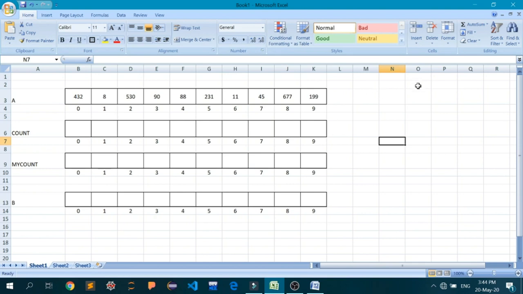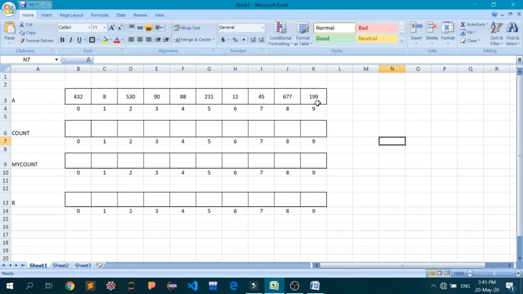So first, as you have seen in the last lecture, we applied the counting sort to the numbers from 0 to 9, because all we have is the digits 0 to 9 in our mathematics. So we have to apply the counting sort in the first pass on the ones digits of all the numbers in the array.